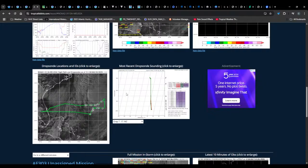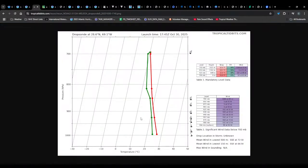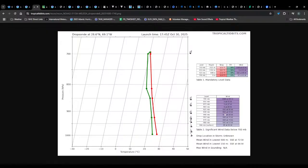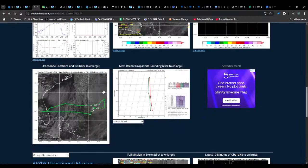So this is somewhat optimistic. Now we're looking at dropsonde number 8. Again, we're flying out all the way out to the east. And dropsonde number 8 still shows that reduction of wind speed, still some strong winds up there, well away from the center of circulation on the eastern side. But as we get down, even almost hurricane force winds down here at the surface, well to the east of